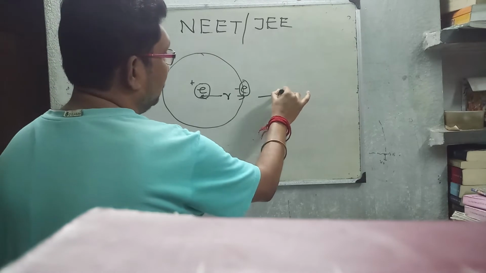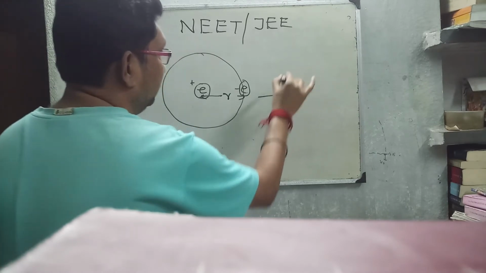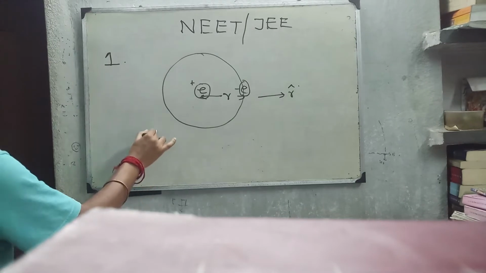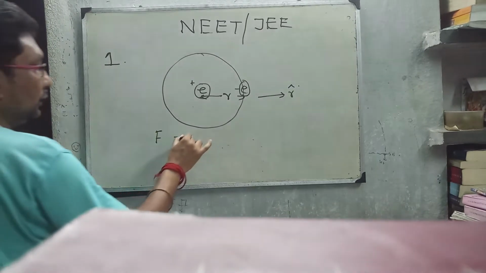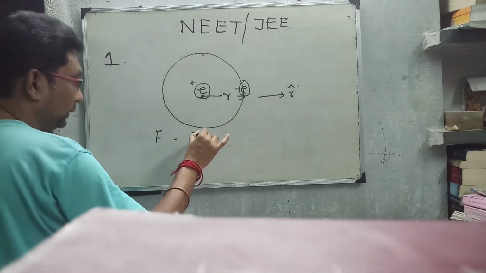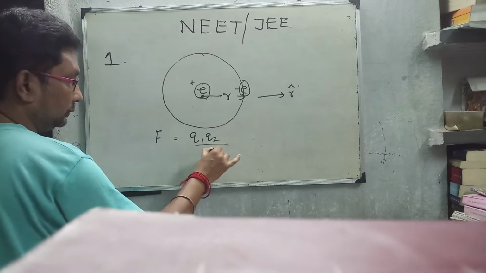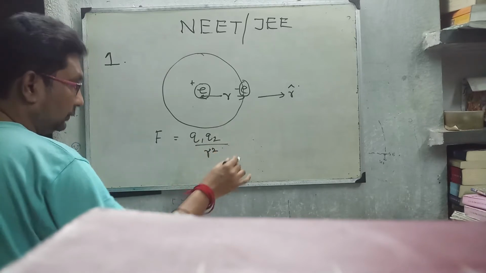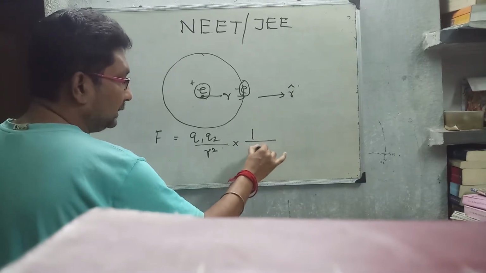We take the unit vector along it as r cap. Then the magnitude of the force F equals Q1 Q2 by r square into 1 by 4 pi epsilon 0,